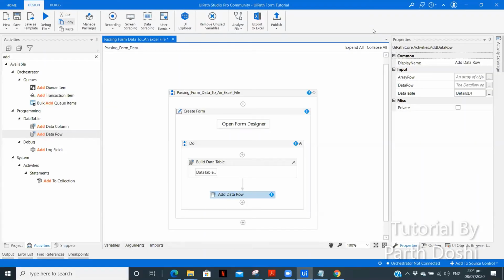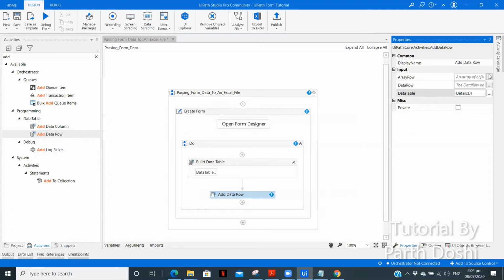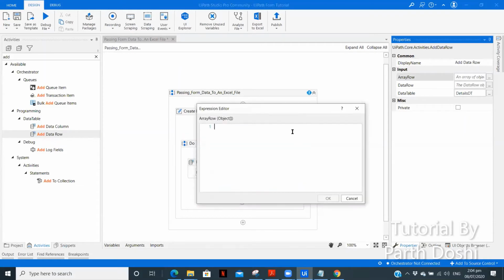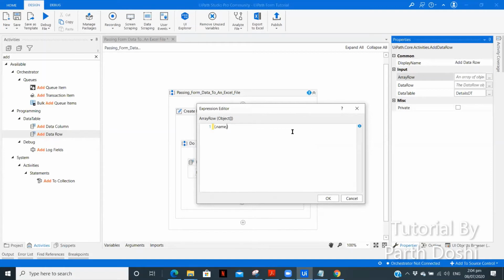So now here for the data table, we need to pass the details data table, and after that we need to specify an array row. So we have first our name, comma, email, comma, phone number. You see there are extra full stops getting added over here, so we need to remove that, and now we don't have any error.